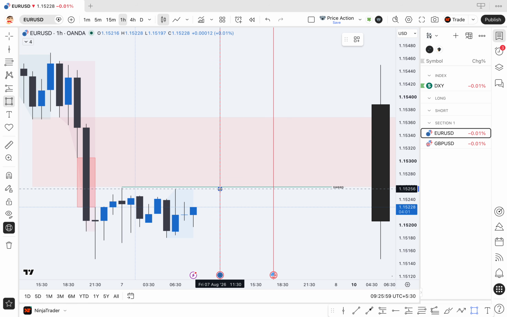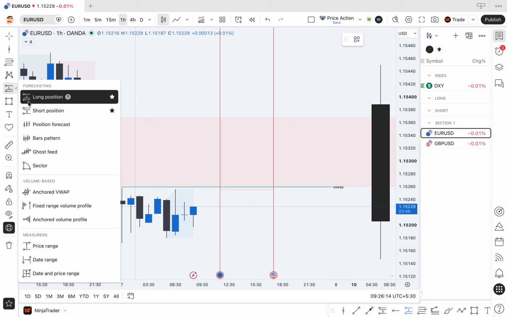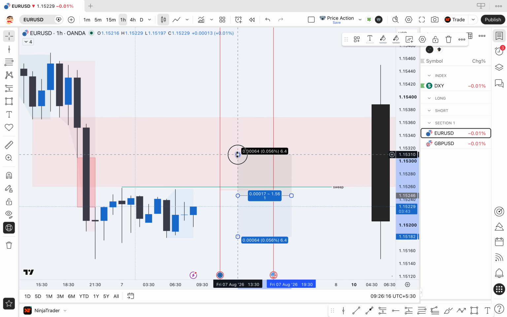What I want is price to open into London. We sweep the Asia liquidity. We sweep this swing point and we tap into fair value gap and we come back, close back inside the Asian range. Then I can take a sell position